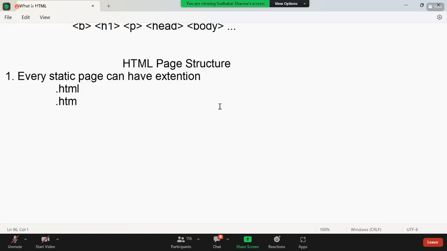When you manually do, better use HTML. That is enough, right? This is the first thing. Second option. Understood the point? Every page must have the extension .html. Second point is every page